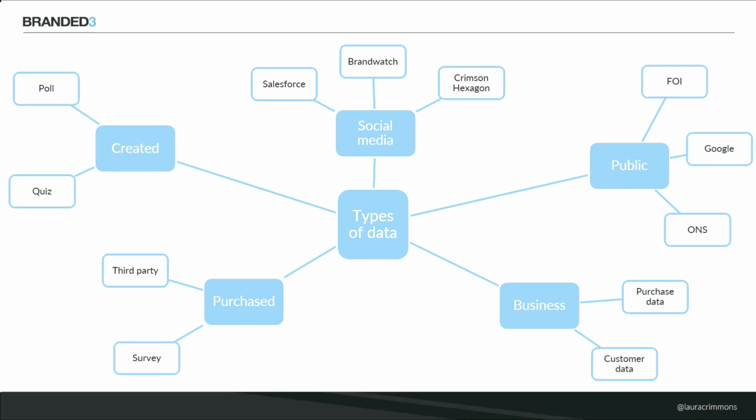Or if the data's out there but you want to be able to show it split by age range and it doesn't have that split, you can't change it. Whereas if you're purchasing the data, generally you can. Two ways that I've got down here, so purchasing third-party data, and sometimes that could be, for example, pulling through a third-party API into a content piece that you're doing because they've got something that's valuable, or it can be doing something as simple as a survey. There's various providers. Again, I'll go through those and show how that can be used.